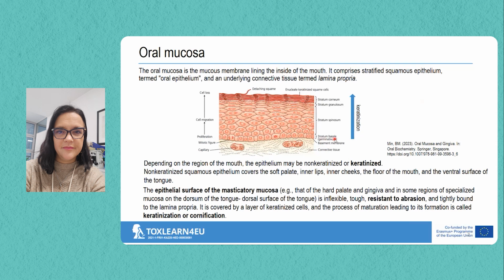they are passing from one layer, stratum basale, to the other, stratum spinosum, to the third, stratum granulosum, and to the fourth, stratum corneum, that is actually connected with the surface of your mouth inside. So while passing those layers, they are getting more and more keratin inside. So the surface cells are the ones that are the most keratinized. So they are the ones who are resistant to abrasion. If you want to check something more about that, you can also see this article.